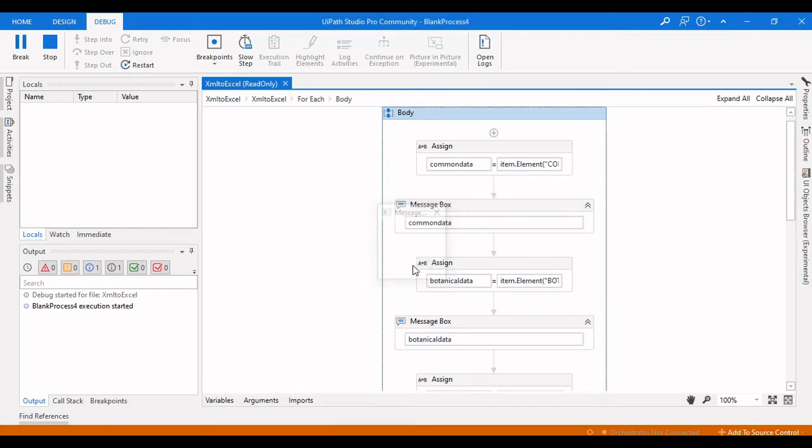So now the second task is to write this particular data into the Excel file. Let me stop this execution.